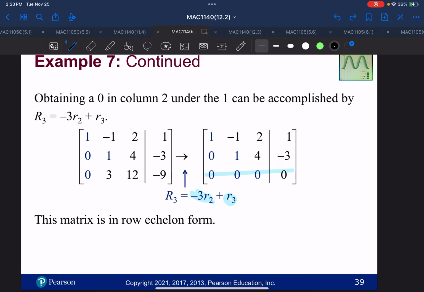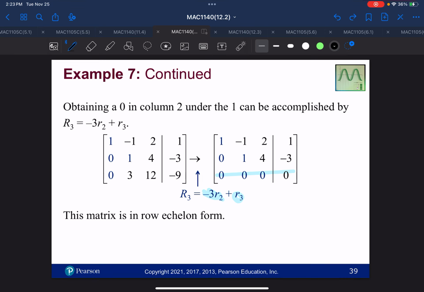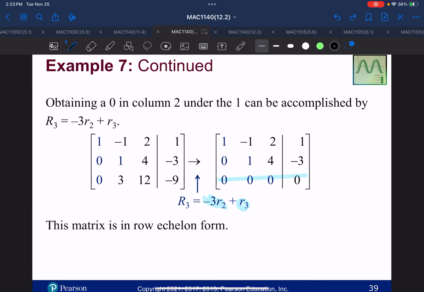which is fine. But now this is in row echelon form because the first entry is a 1. Everything below it is equal to 0. The second row, the first non-zero entry is a 1, and everything below it's equal to 0. And then the next row, they're all equal to 0, so that's fine. So this is in row echelon form,